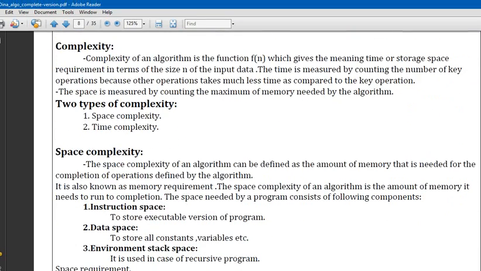In this complexity section, the complexity of an algorithm is the function f